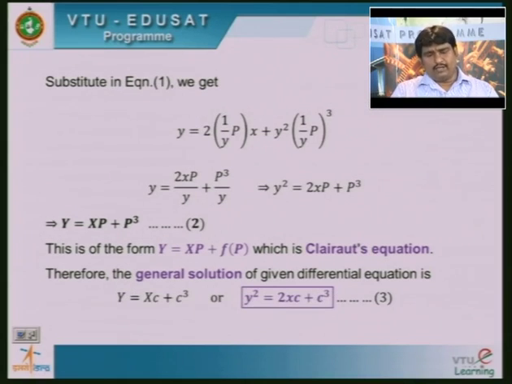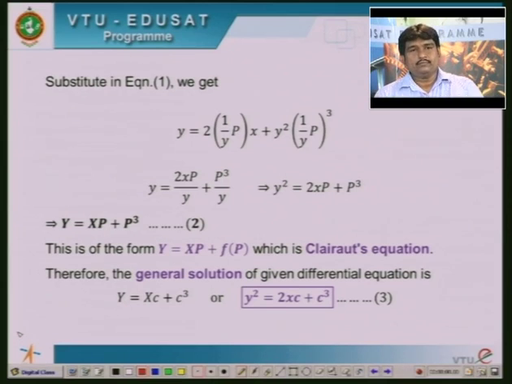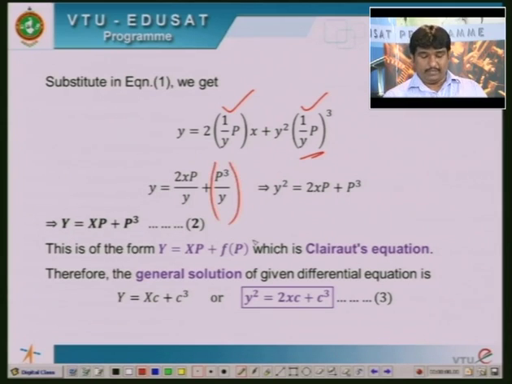I have not changed small y. I am writing this in terms of small y because the substitution was y square equals capital Y, so I will not disturb that part. I will not disturb x also. I have just changed small p to capital P. So, y equals 2 into capital P part, small p converted in terms of capital P. Simplify this: y equals 2px divided by small y plus p cube divided by y cube into y square. P cube divided by y cube into y square is p cube divided by y. Now multiply throughout by y to get y square equals 2x capital P plus capital P cube.